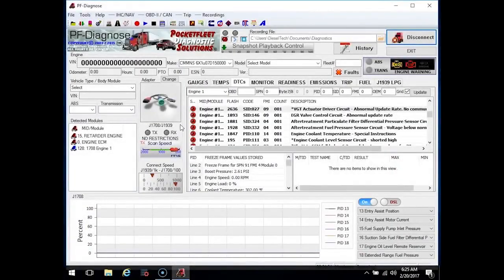You'll also see here for detected modules. On there, it's going to show you the engine, the transmission, and also the ABS. Obviously, this only has the engine because we're not hooked into a truck. So I hope that gives a good overview of the